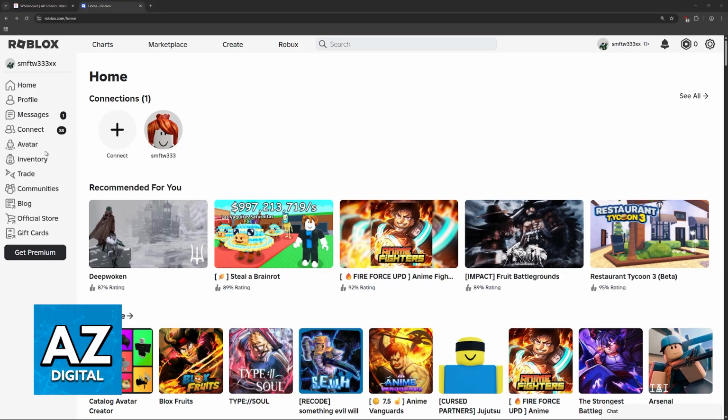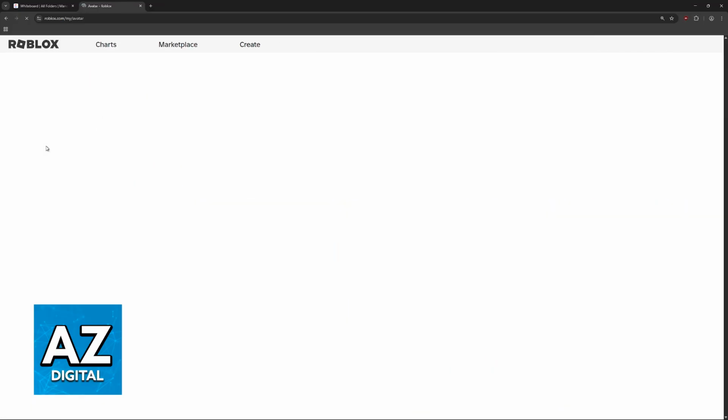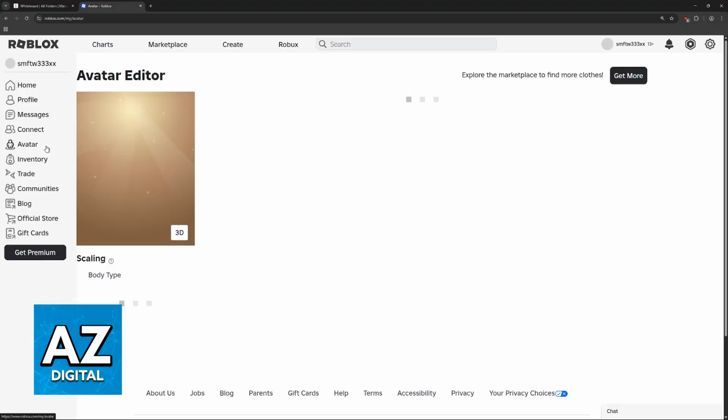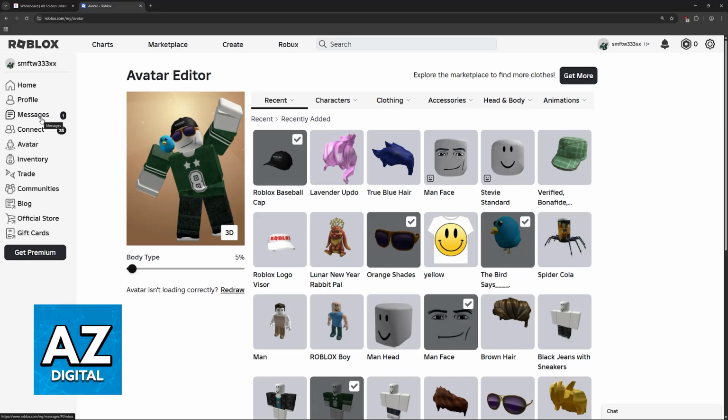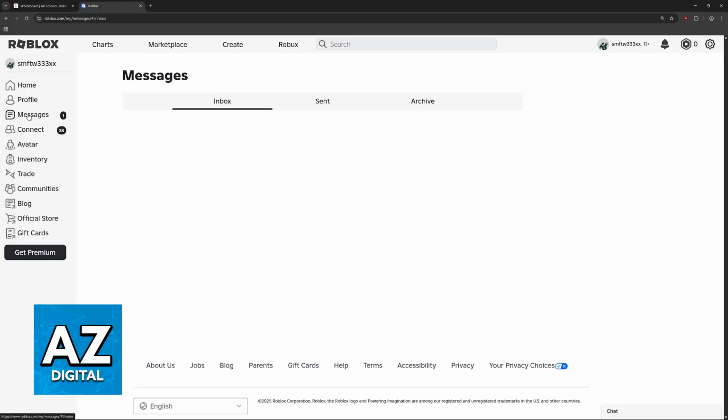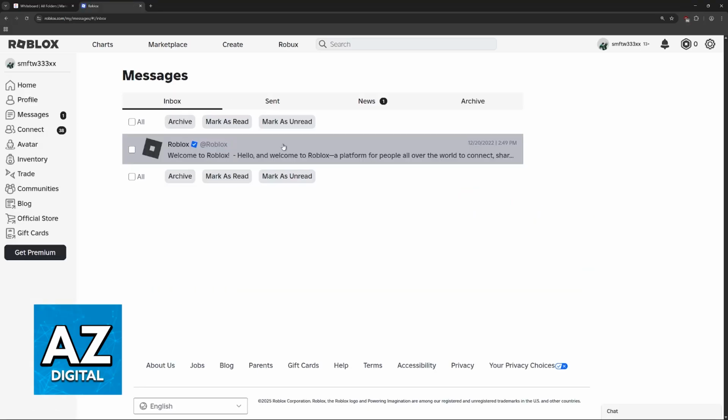So usually, when this happens, you don't have to do anything. The process will be done automatically. However, you need to agree to the terms that Roblox is going to propose to you. So after an item that you've purchased using Robux has been deleted, check your messages. In here, there should be a message from Roblox. So similar to this one, you will see the Roblox icon. It is going to have the name Roblox and the ID @Roblox.